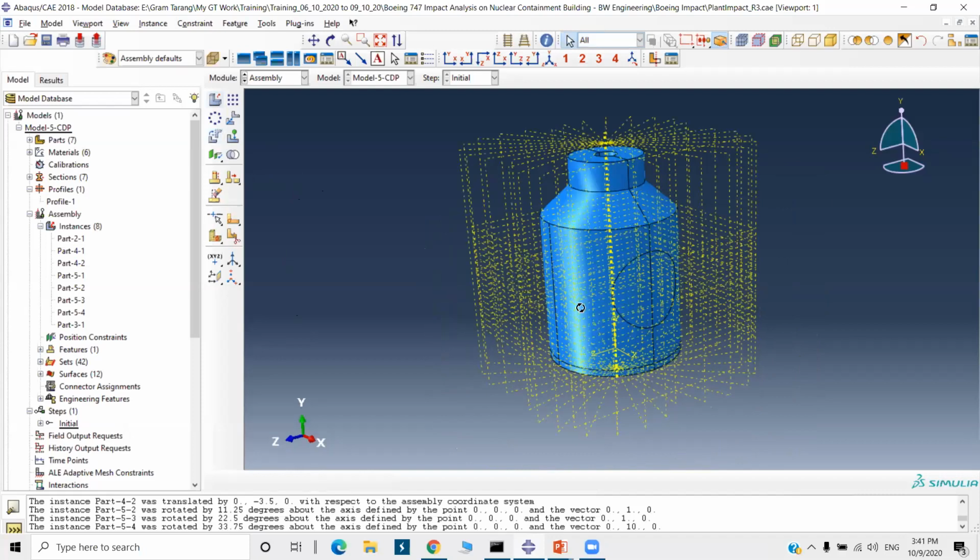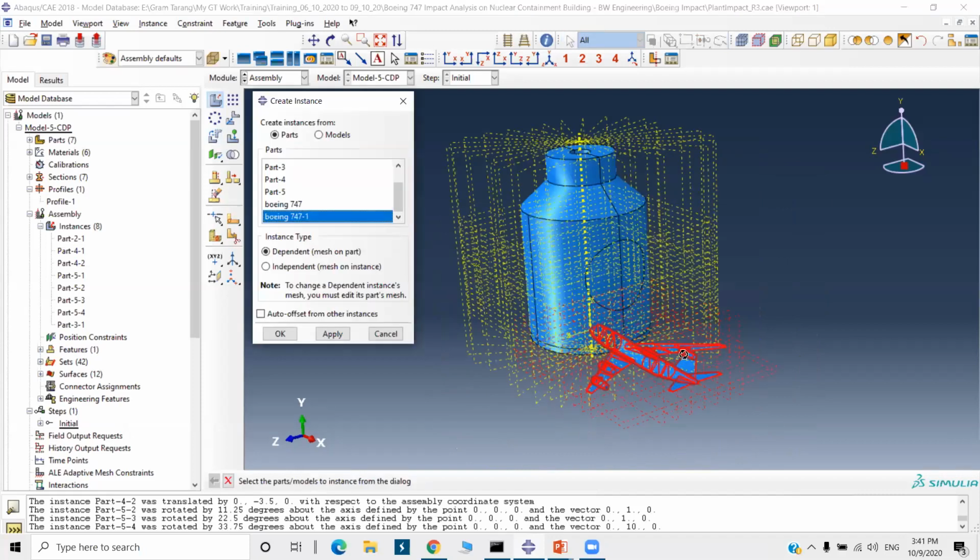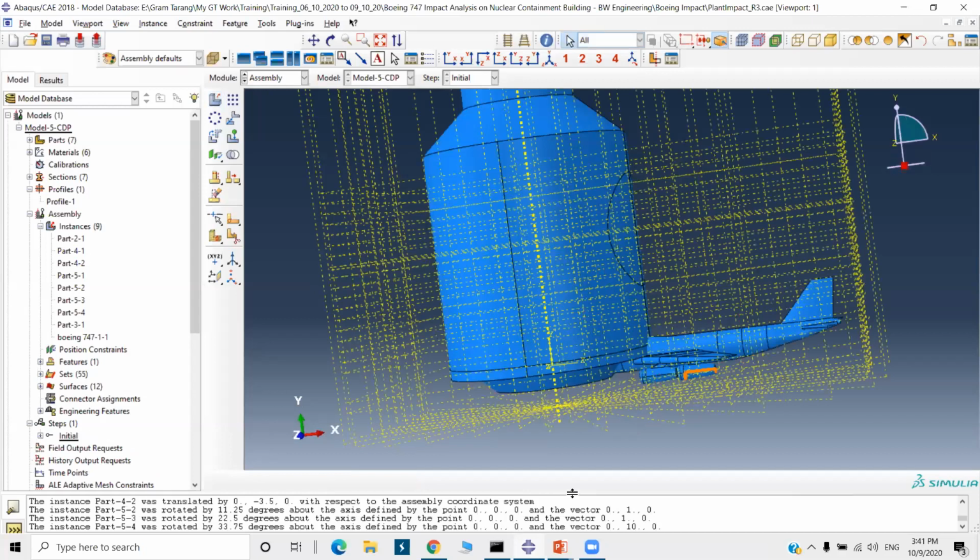Now to position this aircraft. Translate instance, select this aircraft. Done. Now select a starting point. I know the point.